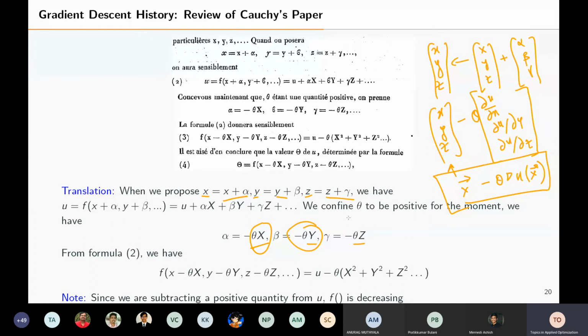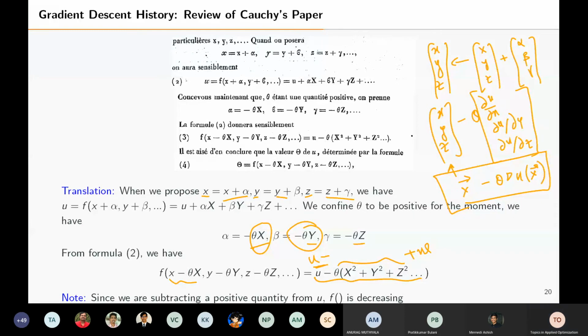And then he goes ahead and gives some proof that if you indeed update your x like this, then the function is going to decrease in value, because this is a positive quantity and this is your original output u. So you are certain to decrease by subtracting. So by subtracting some certain positive quantity, you're definitely going to decrease the value of u. And that's why he's saying that this algorithm will decrease the value. And this is happening because the gradient points in the direction of the increase, and he took the negative of the